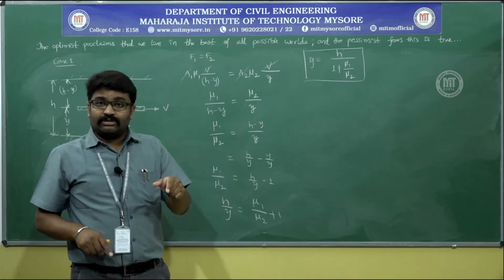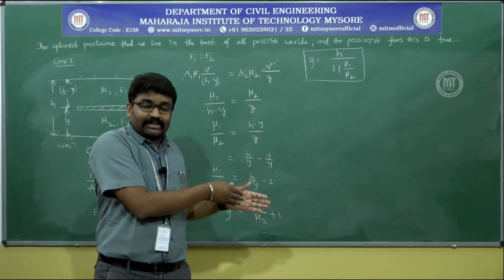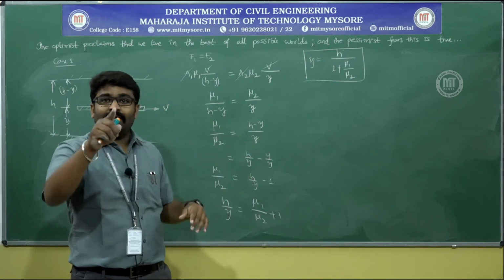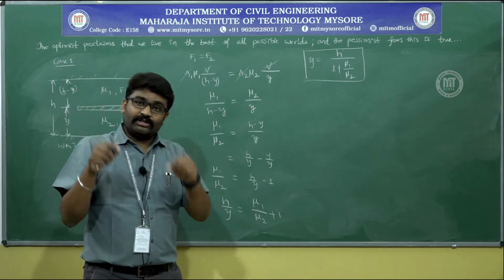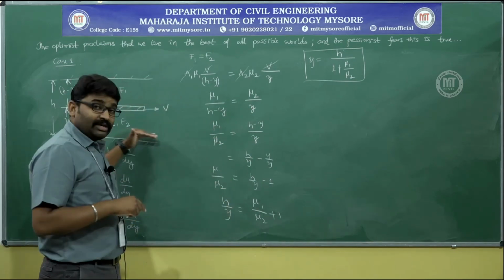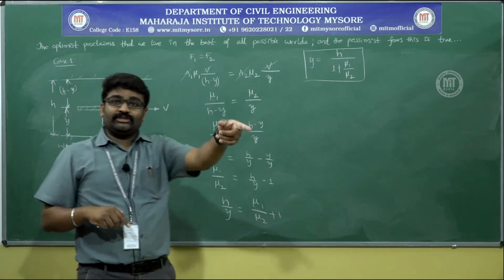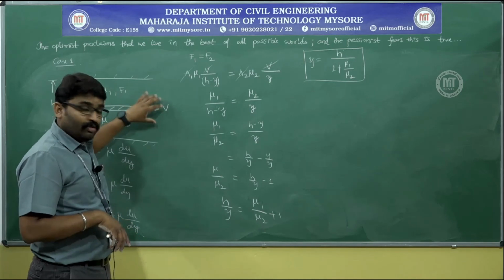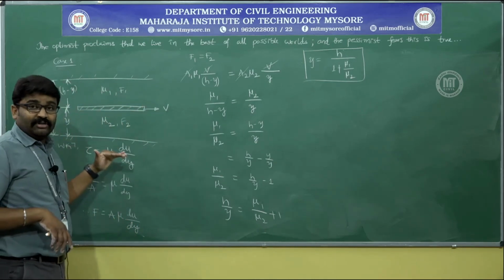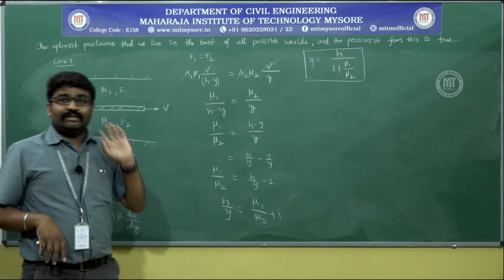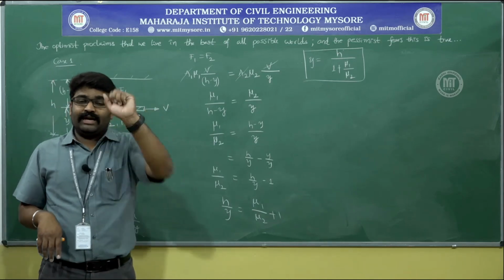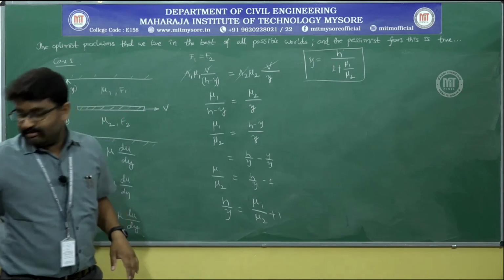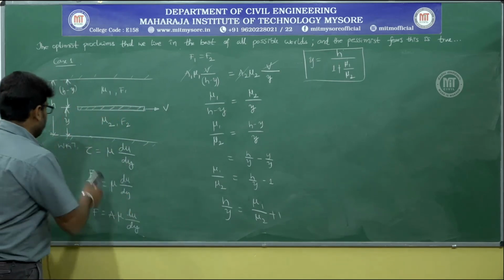With respect to what is it going to change? If you just check the two problems that we have solved prior to this, depending upon the position of the plate, F varied. That means you must know that based on the position of the plate, definitely force is going to change. That means you will have to differentiate the total force with respect to the position of the plate so that you will get the solution to the second case. And he says it is to be minimum. That means dF by dy must be equal to 0.